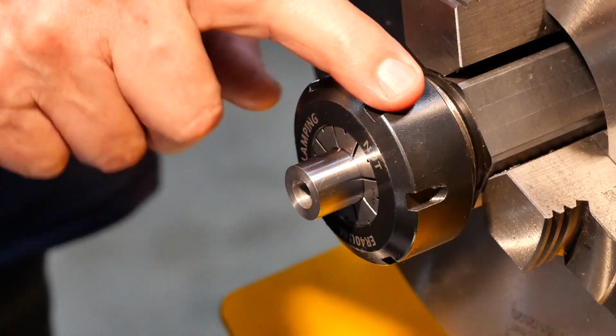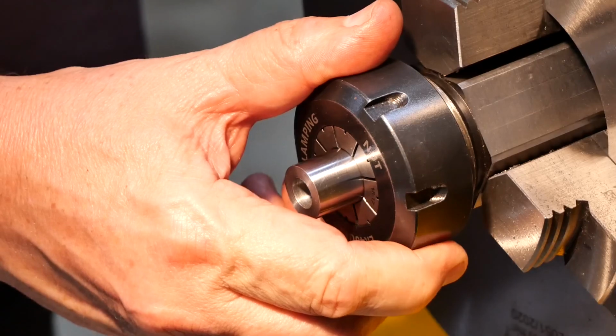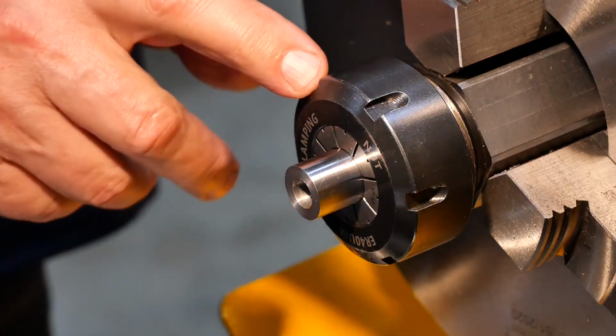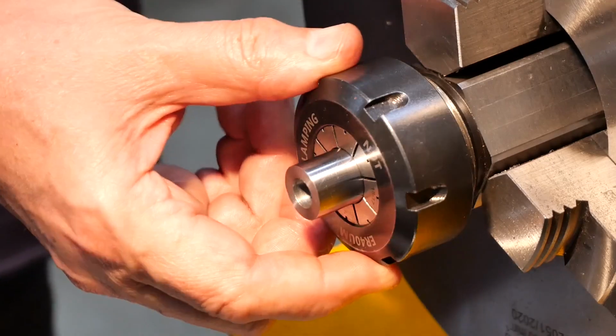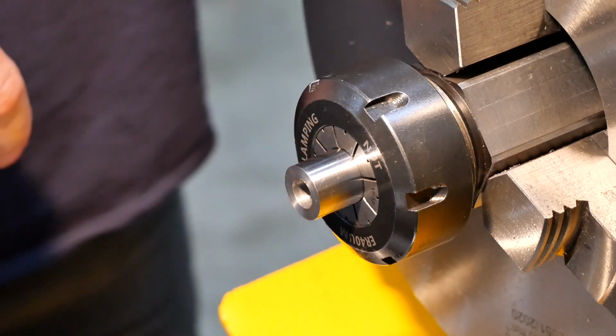Anyway, the other thing is I've done it in the collet block, so I can just take it out of here, carry it over to the rotary table and drop it into an ER40 collet holder on the rotary table. That's an MT3, but at least they can share the collet and the nut. So let me do that, and I'll bring you back when I'm over at the rotary